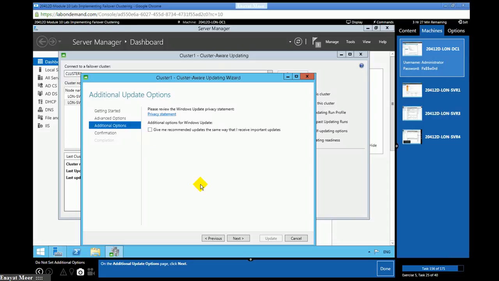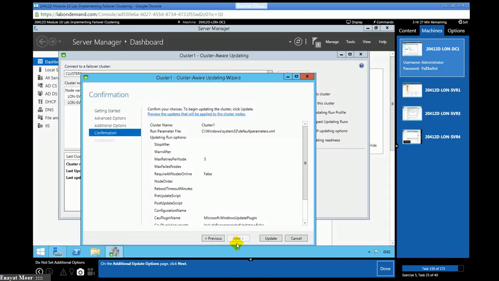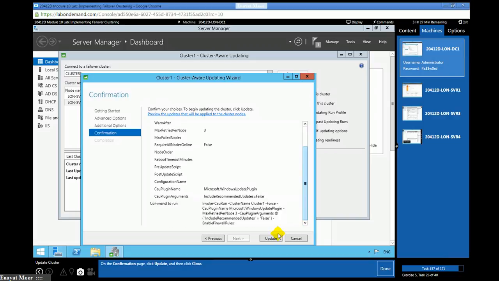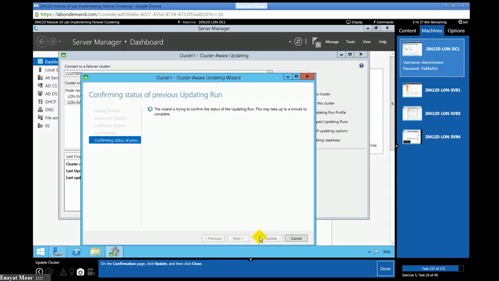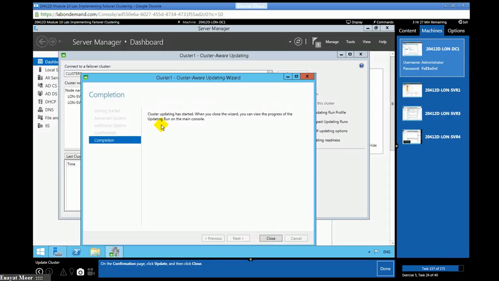Again, just review it and click on next, and just update. It will give you an option to close once you update.